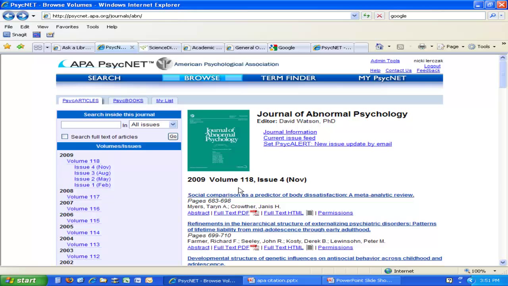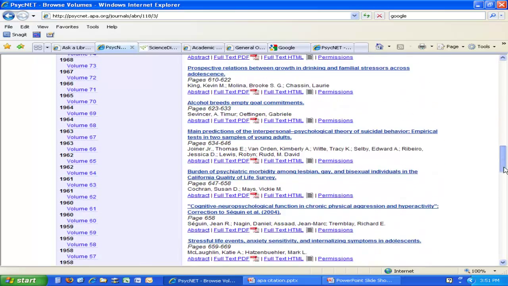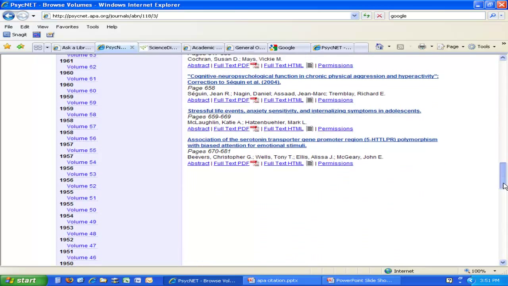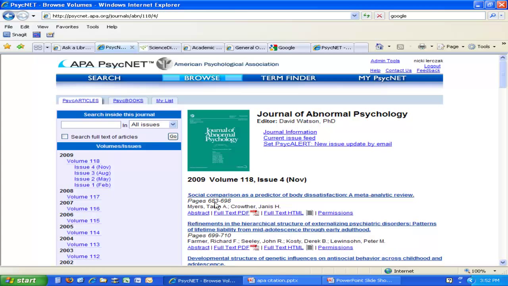I can see that the first article starts on page 683 and goes to page 698. What this tells me is that the last article in the third issue ended somewhere around page 683. And there it is on page 681. So what happened here is the third issue ended on page 681, and the fourth issue just picked up from where the last one left off, page 683. That would be a continuously paginated journal because it just continued the page numbers. Over the course of a year, there will be only one page 683, so I can't confuse that page for any other page.